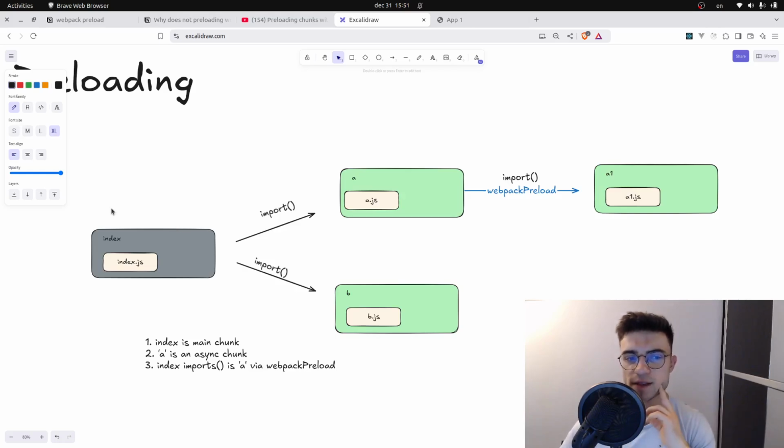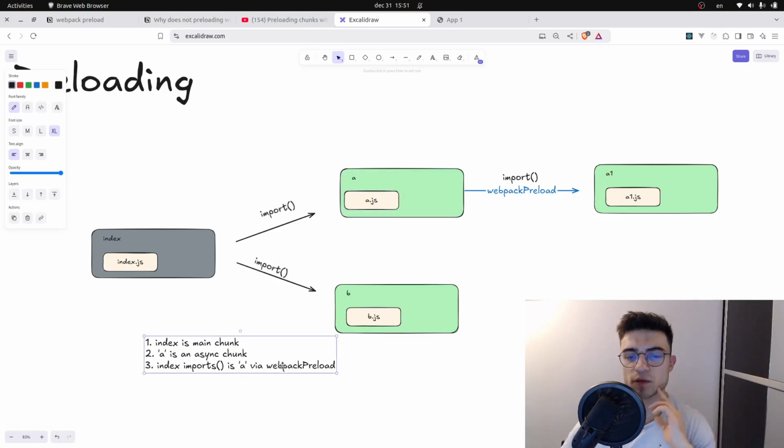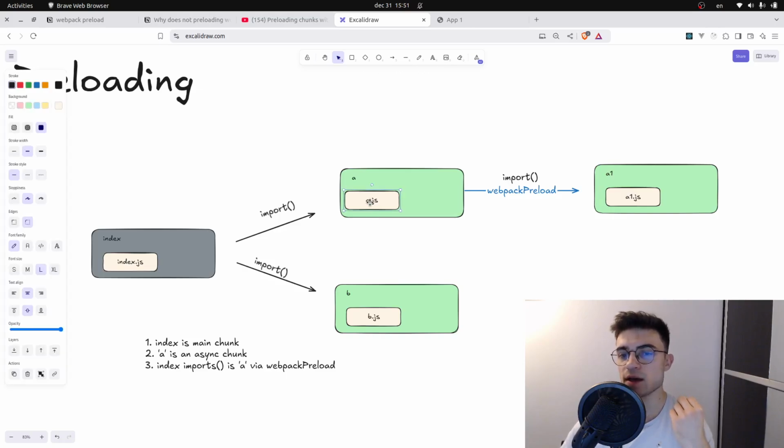So index is the main chunk, A is an async chunk, which is fine for now. But if we also want to preload, this doesn't make sense. Why do we need to preload? We need to preload because we need A to be available as soon as possible in the browser, in the page. Well, if we need that, then dynamically importing it, which means at a later point in time,